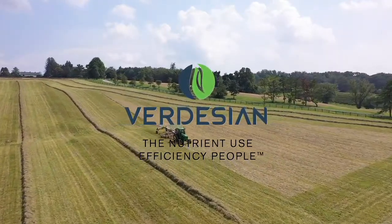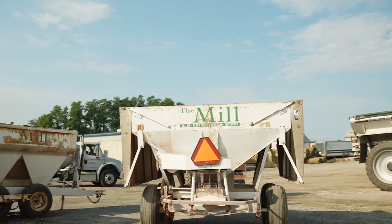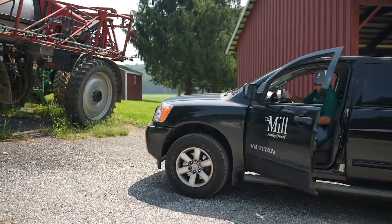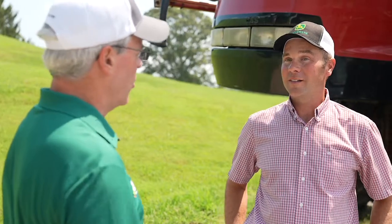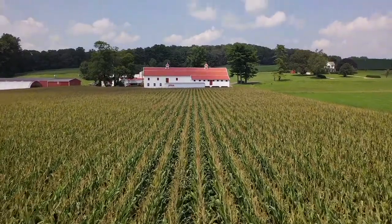The mill is a family-owned ag retail store combined with a farm, home, and garden center. So there's a couple things that really affect this mid-Atlantic area. One of those would be the Chesapeake Bay. And then in the 90s, for the Maryland farmers, the Maryland Nutrient Management Plan was established. Maryland Nutrient Management Plan required soil tests, but it also put time limits. Farmers in this area, they can spread potash in the fall, but they cannot do anything with nitrogen and phosphorus